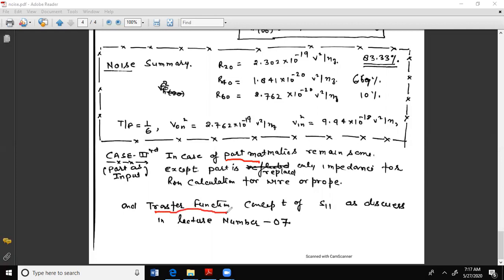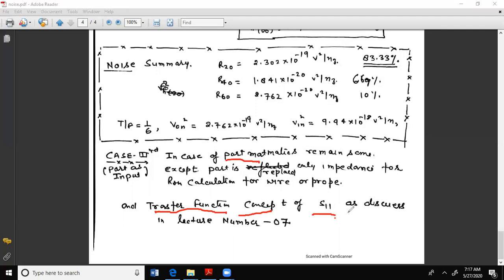Because when you are considering the port, there will always be reflected power if there is no proper matching. Proper matching means if the port impedance becomes equivalent to the total other impedance, then there is no reflection, and the output voltage is equivalent to the input voltage at that terminal. Otherwise, the transfer function also changes. So this is the big concept of S11, that is ZL minus Z0 upon ZL plus Z0.